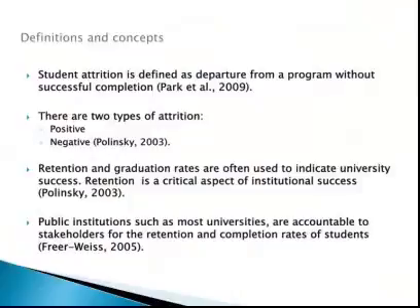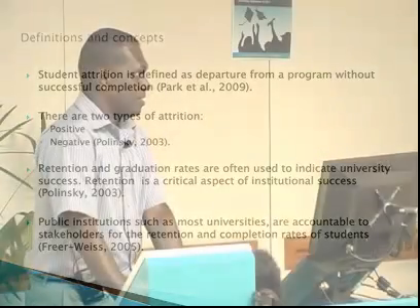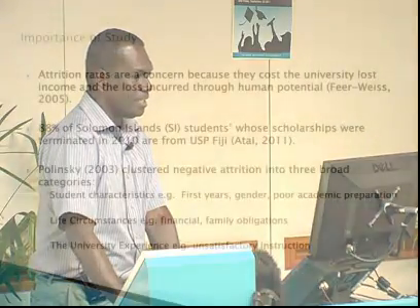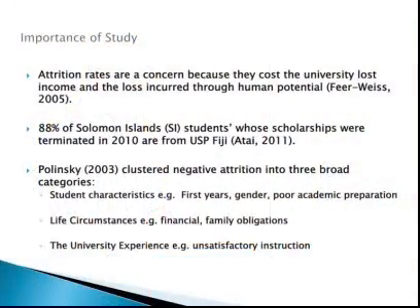And retention rates are a critical aspect of institutional success, and retention and graduation rates are often used to indicate university success, because public institutions such as the USP and most universities are accountable to stakeholders for the retention and completion rates of these students. And so attrition is a concern for me and my colleague, because not only does it cost the university lost income, it costs parents and also sponsors lost income, but also loss incurred through human potential, because students terminate their participation at university